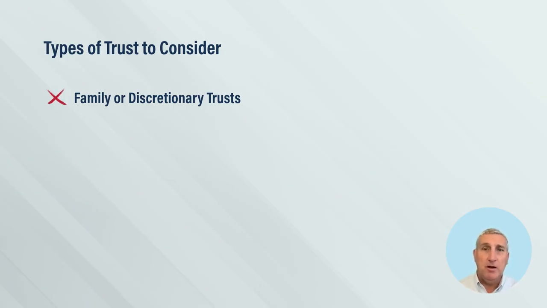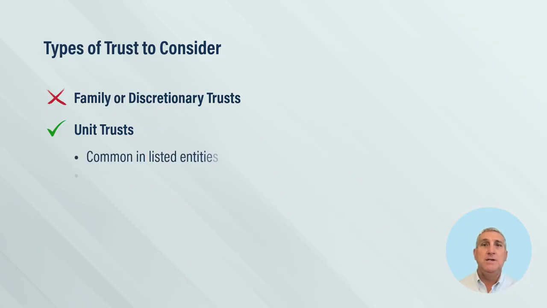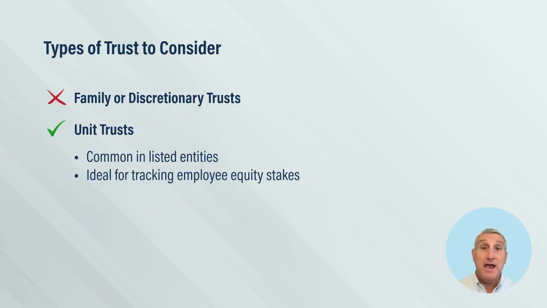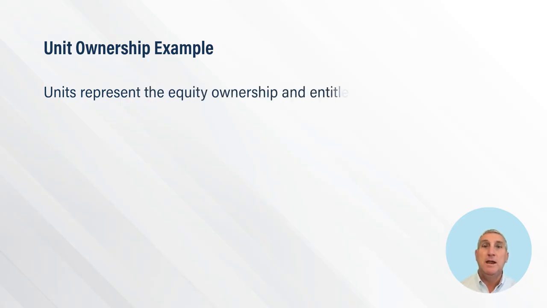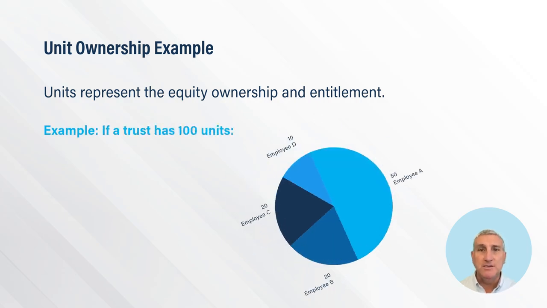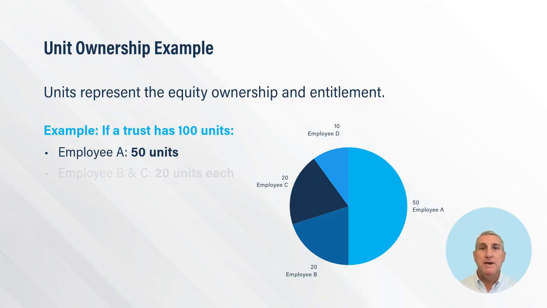The second type of trust you might have heard of is a unit trust. These are actually quite common, and often listed entities use a unit trust type structure. The reason we use unit trusts is, as the name implies, the ownership of the underlying assets within the trust is divided into units. That means if we have 3 or 4 employees in the trust and they all own slightly different amounts of equity in the employee share trust, we can identify and calculate that ownership ratio by the number of units held by each. So if there's 100 units in the trust, one employee owns 50, 2 employees own 20 each, and